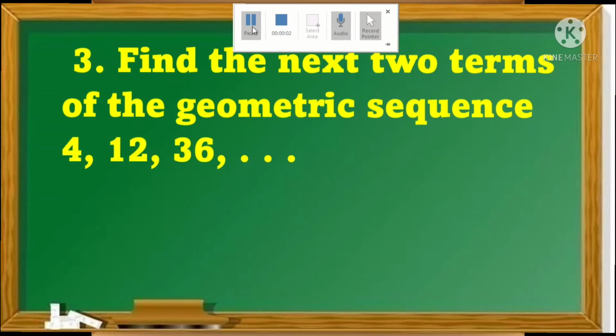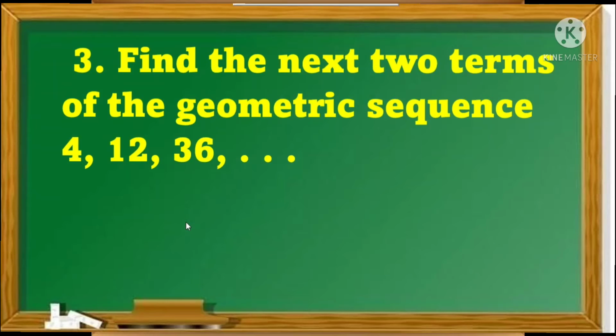Find the next two terms of the geometric sequence for 1, 2, 3, 6. Okay, to determine the next two terms of the geometric sequence, we need to determine the common ratio. And the common ratio R is equal to 12 divided by 4, which is 3. So now we already know the common ratio. We can now determine the next term of the geometric sequence by multiplying 36 with the common ratio, which is